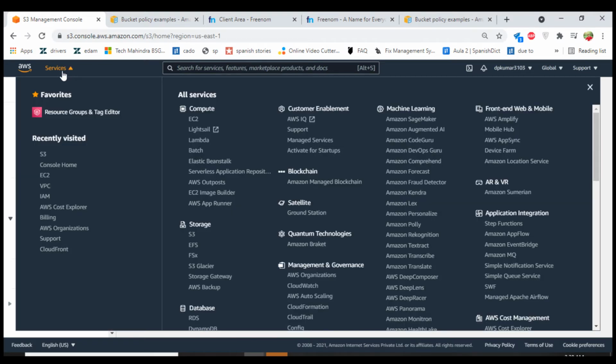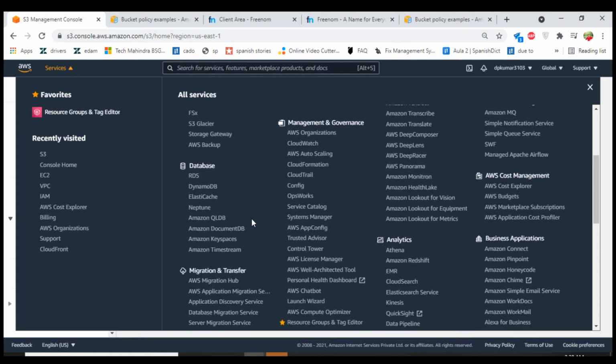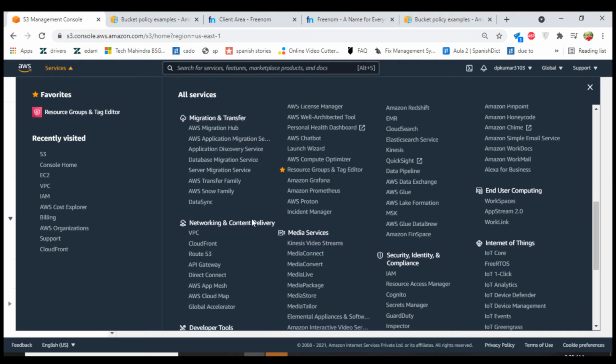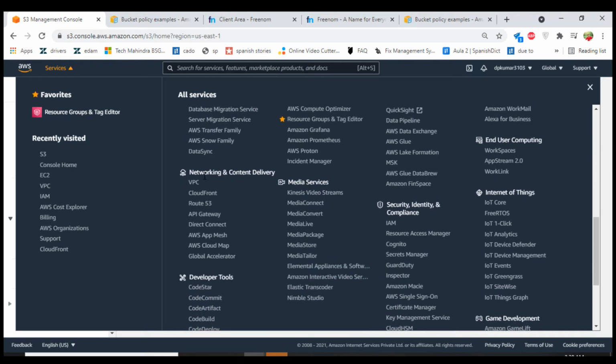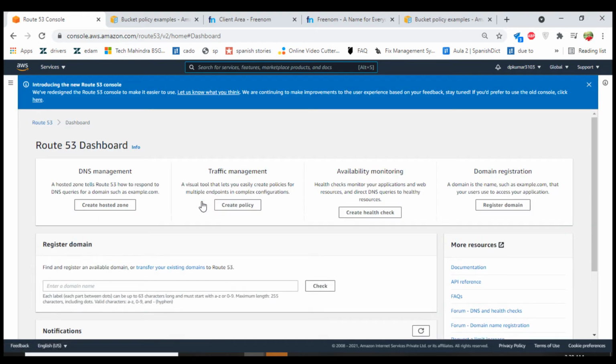Now click on services. Under networking and content delivery, select Route 53. Here we have to select DNS management because we are going to host a website, right? So create hosted zone.